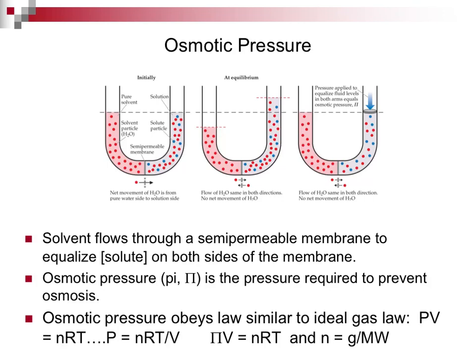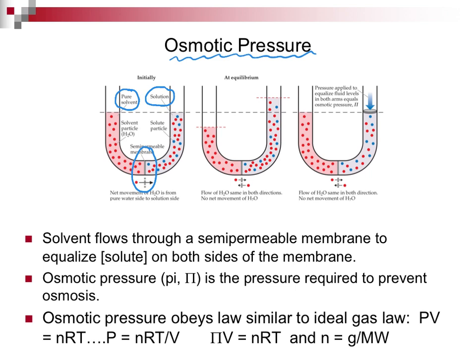This is the last section on colligative properties, part 1, part 2, part 3. This one has to do with osmotic pressure. Maybe you have seen this in your biology class. Let's say we have a U-tube, and on one side we have a pure solvent, and on the other side we have a solution. Separating those two is something called a semi-permeable membrane, which allows water, the solvent, to move